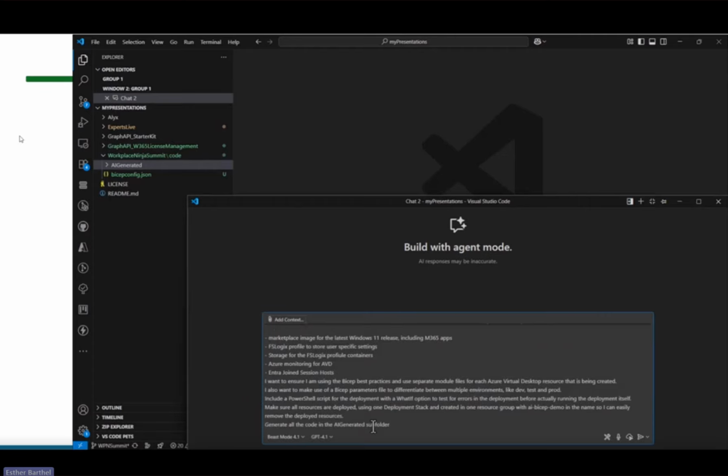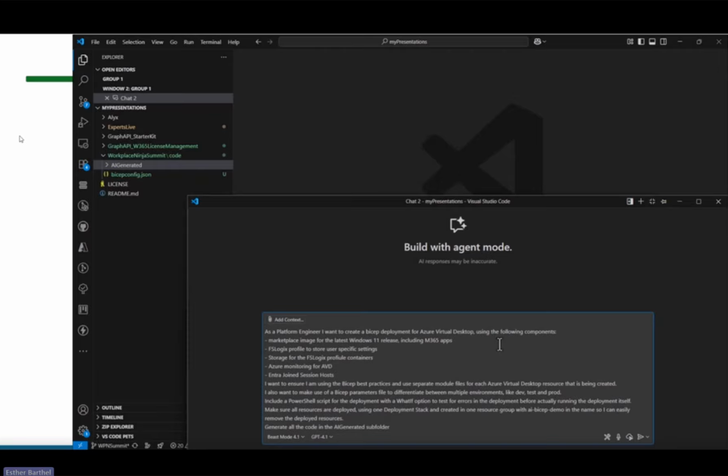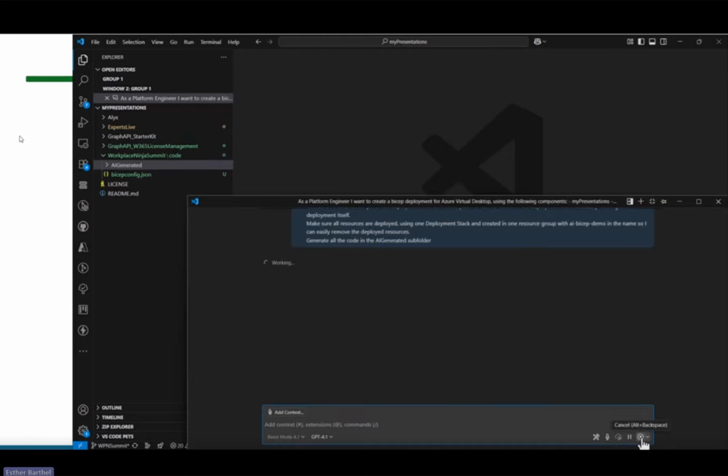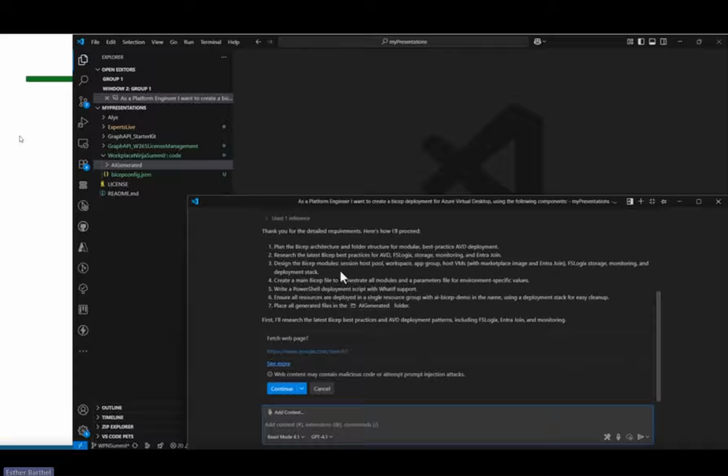And I gave it a custom prompt, which hopefully contains enough information to make sure that it mimics Freek's experience and knowledge of Bicep by asking it to create a full AVD deployment in Bicep files. And as mentioned, Beast Mode keeps me up to date on the progress that it's making.